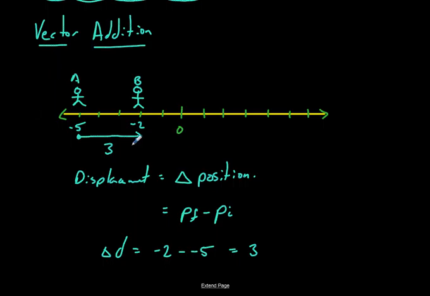So this creates a vector, right? That vector is 3 meters, and it's in the positive direction, and we're indicating that with this arrow. Now, let's say the person moves again